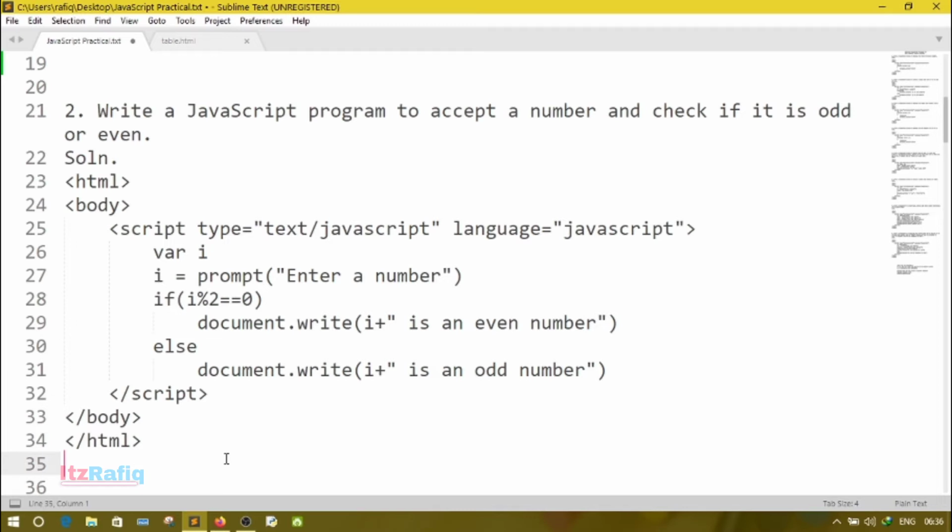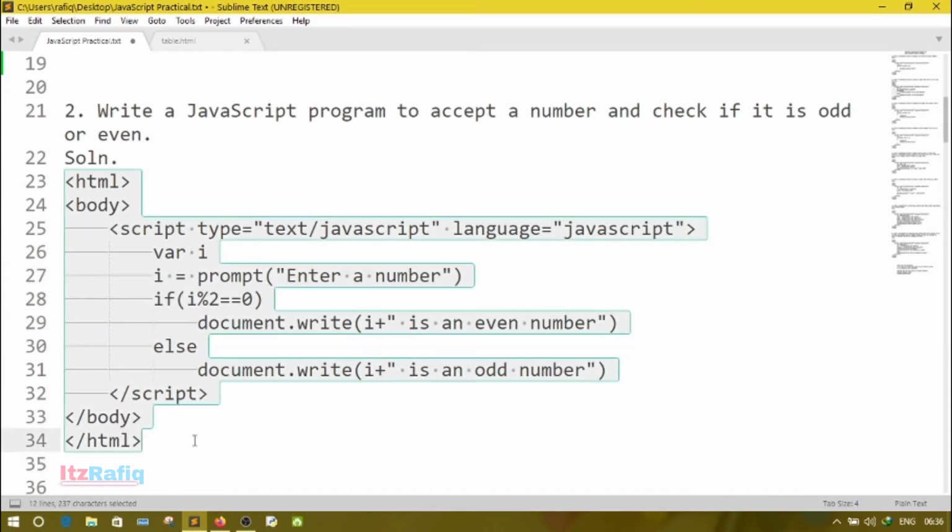After that I have declared one variable var i, then I have taken the input from the user like i equal prompt enter a number. After that the if statement, if i modulus 2 double equals 0, then document.write i is even number, else document.write i is odd number. Now let's see the output of this program.